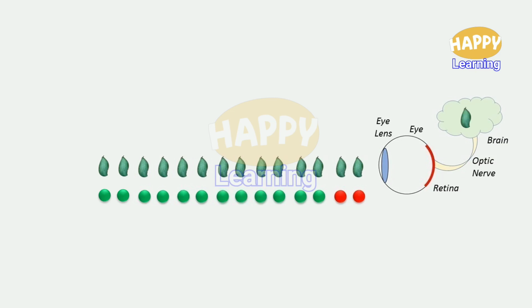Here, as the object is moved away from the eye, still it is visible, so green buttons continue. Still the object is visible. Now the object is blurred. That means the eye is not able to see this object clearly, so put a red button. Again, on further moving the object away, put a red button.